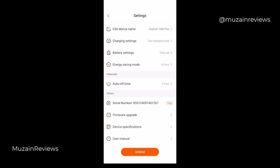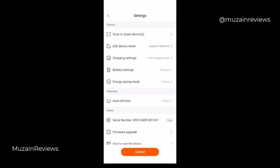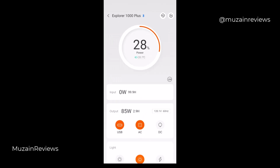This is where you would also upgrade your firmware. So this device is up to date. If it wasn't, this is where you would do this. You can have device specifications. So if I go in here, it's going to give me a lot of information that's kind of in the user's manual when that comes in. Super user-friendly, intuitive. It makes sense. I know what I'm looking at. I have controls from my phone to do any of the things that I need to do on the actual